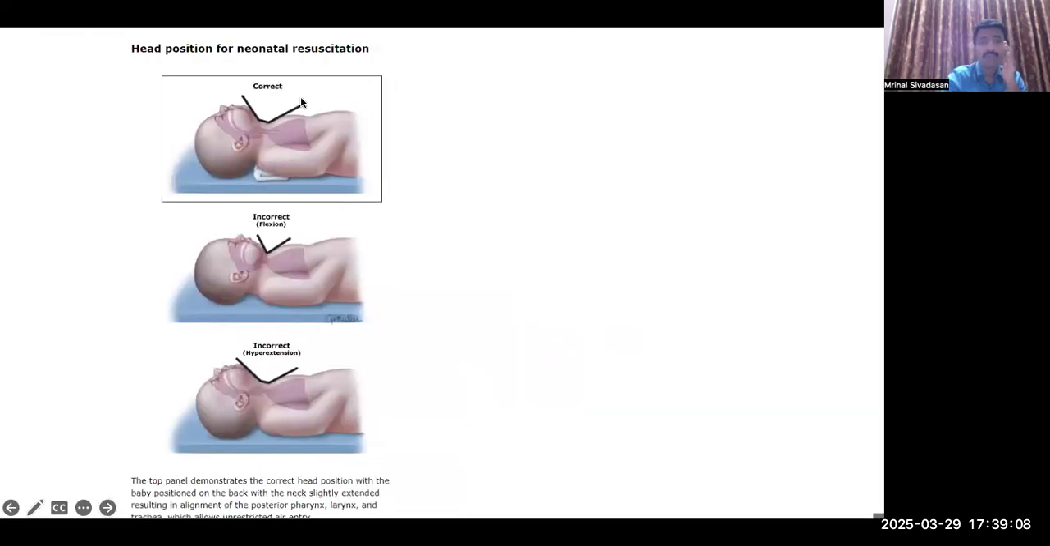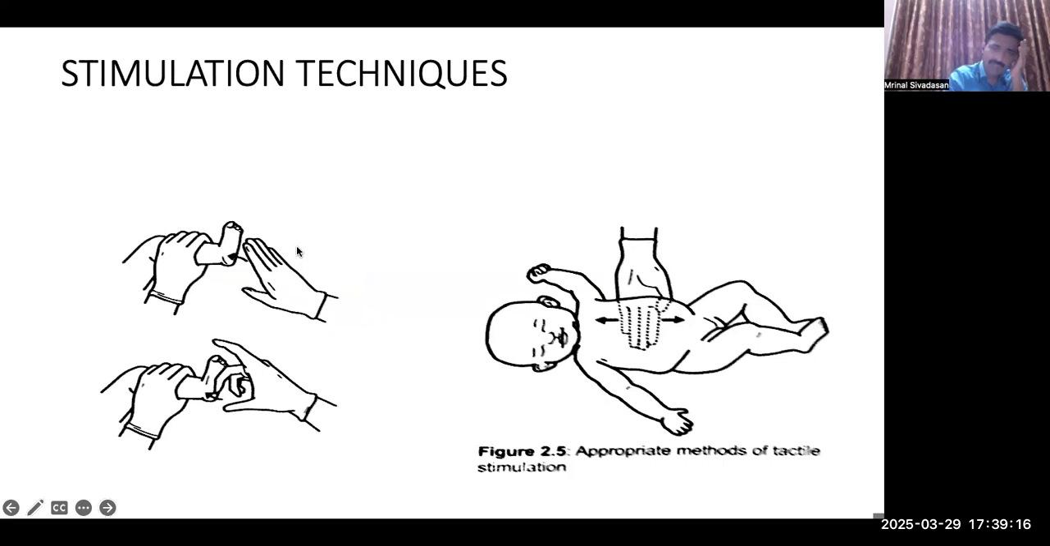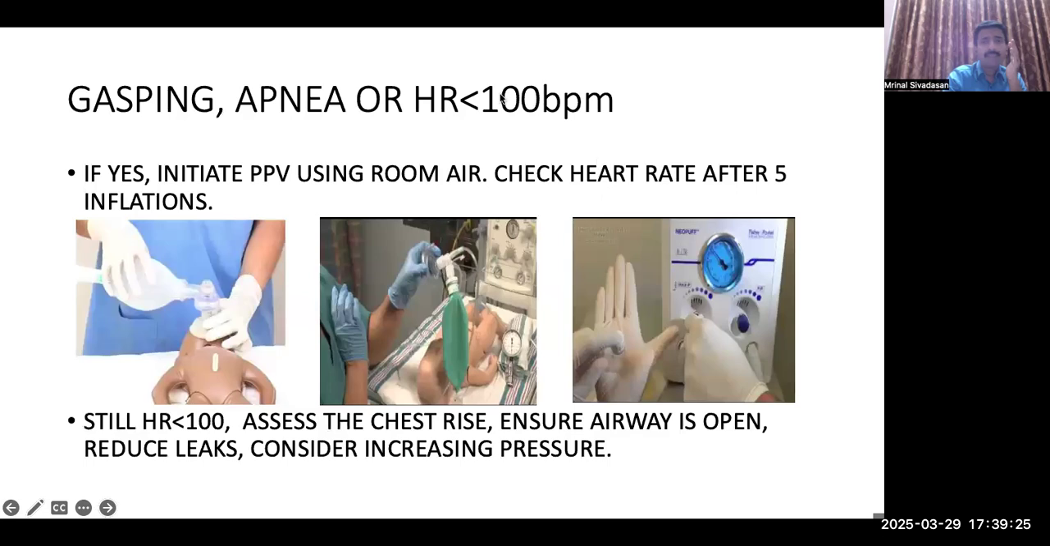This is the sniffing position, which is slightly extended. The baby's neck should not be flexed or hyperextended. And this is the way to stimulate the baby. If the baby is not breathing, the best way is to rub the back of the baby with a hand or a cloth. And if after the initial steps the baby is still not breathing or is gasping, with heart rate less than